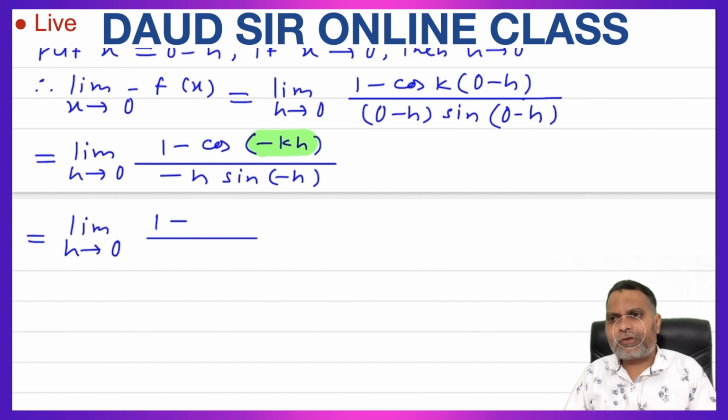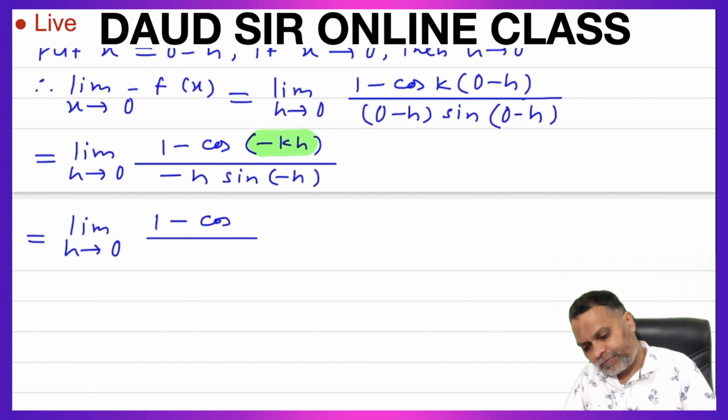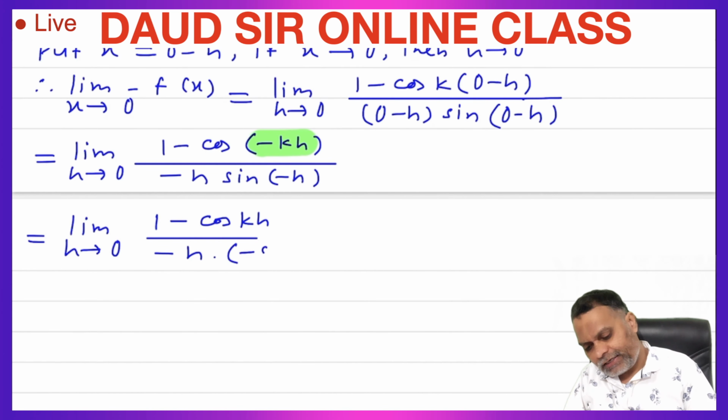Minus theta lies in fourth quadrant. In fourth quadrant, cos is positive, so it is cos only. So cos minus kh is cos kh upon this minus h and sine minus theta is minus sine theta. So minus sine h, which is equal to